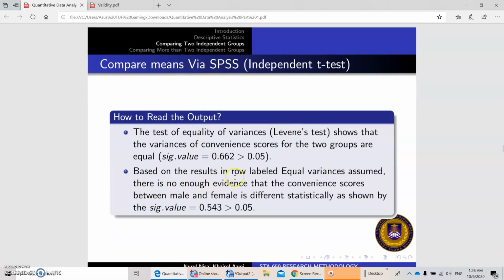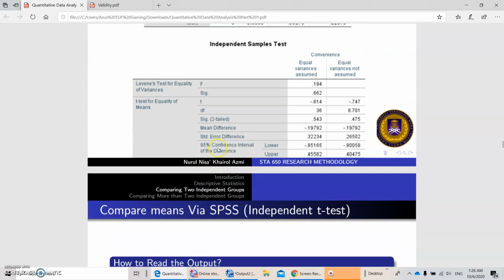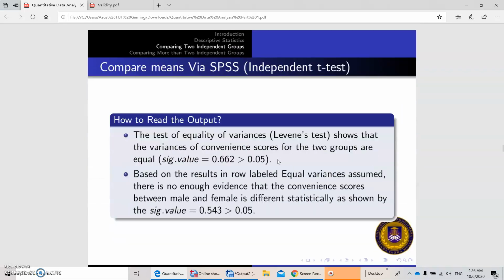Based on the result in the row labelled equal variances assumed, there is not enough evidence that the convenience score between male and female is statistically different, as shown by the significance value of 0.543, which is greater than 0.05. Look at the equal variances assumed row, greater than 0.05. So we can conclude that there is no significant difference.